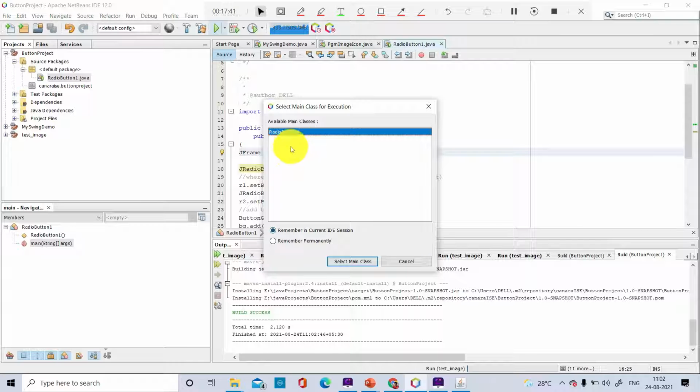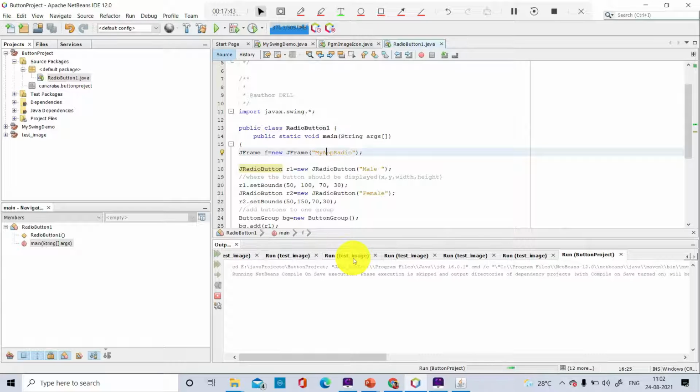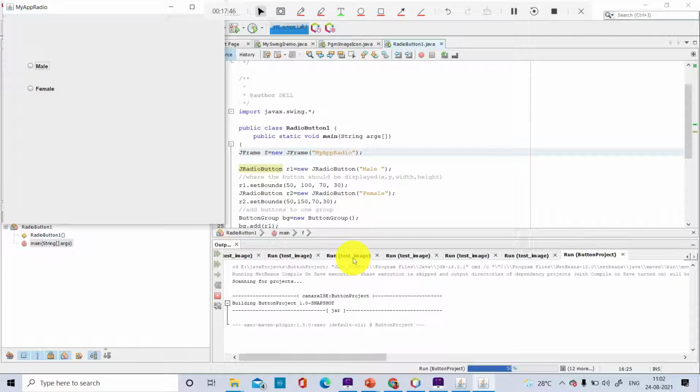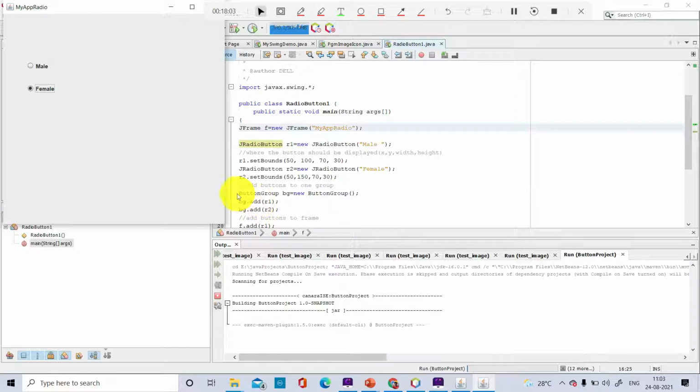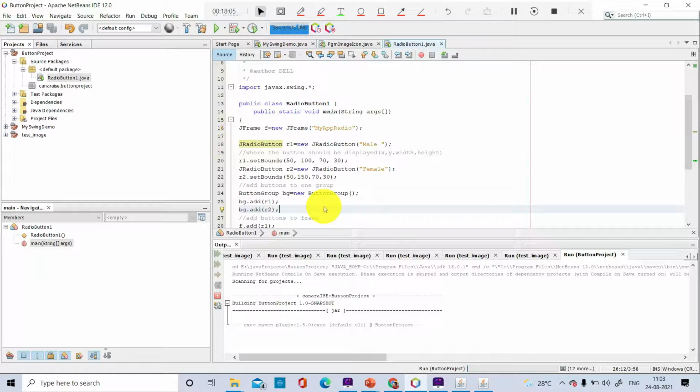Now I'll be running. This is the main class. I'll just run. Can you see, I have grouped two buttons, male and female. That is why the choice will be either one. If you add any other button there and don't group it, then you can select that button also. I mean, you need to group. This is very important, grouping of buttons. So now this is nothing but the boundaries, students, left right boundaries.